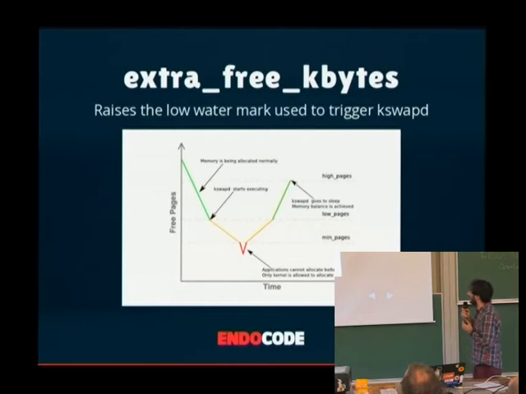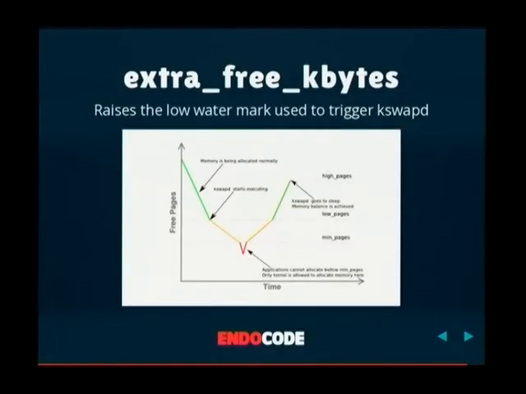So when the memory goes below the low pages, the kernel is going to try to free pages with the daemon called kswapd. So you are getting in a dangerous zone, because if you get below the min pages, you cannot allocate more memory. Only the kernel can do this for its own purposes. So you have to stop the app that's requesting the free page, and then free a page wherever you can. So this often causes I/O, so it's very slow. You want to avoid that.